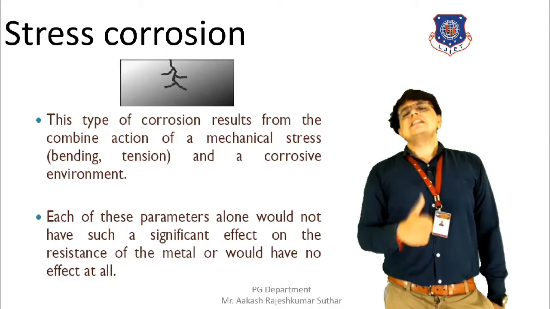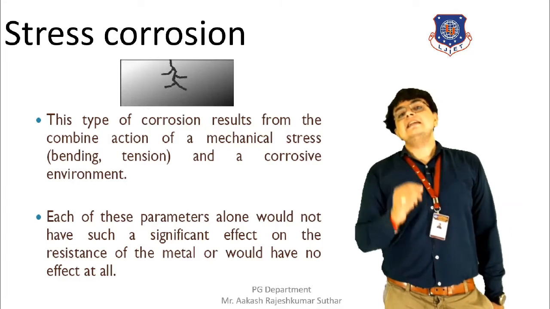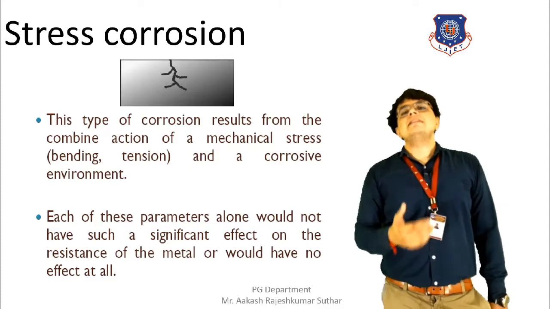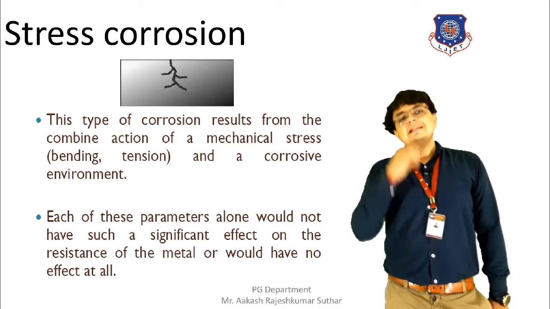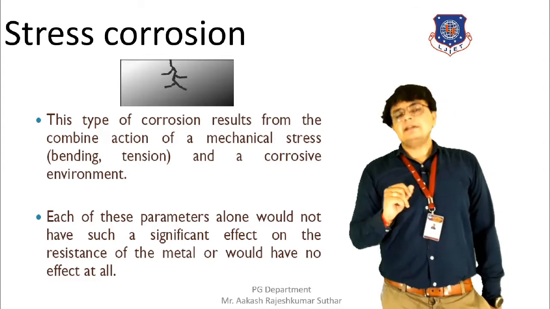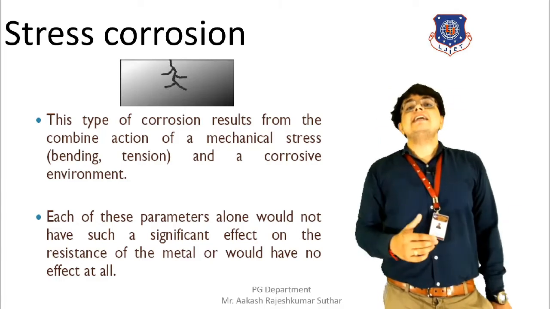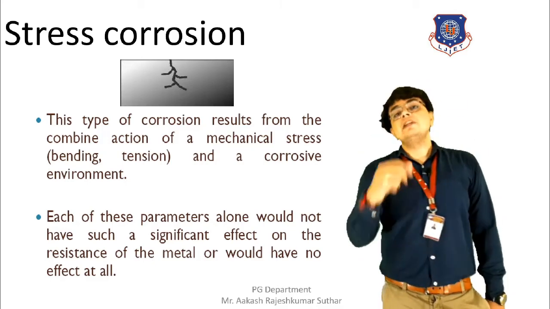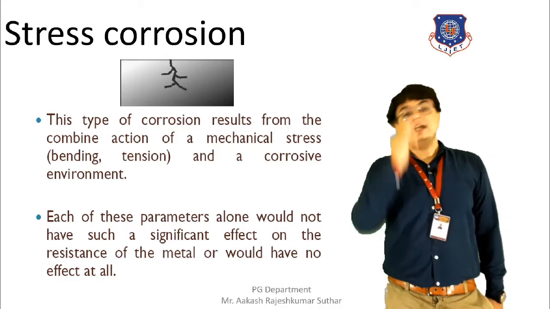Briefly discussing this stress corrosion, the manufacturing of the metal highly affects the stress corrosion. Why? We all know that metals are formed by the cold form method. Metals are made in a cold working method. Mainly, in the manufacturing, all the parts will be equally heated. But when the time comes for cooling, each and every part of the metal will not get cooled equally. Some part of the metal that is exposed to the environment will cool earlier than the other parts that are not directly exposed to the environment.